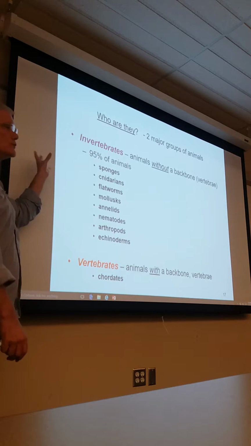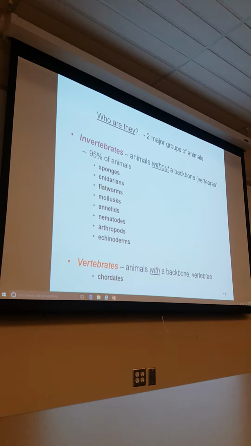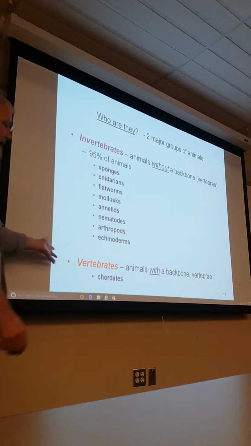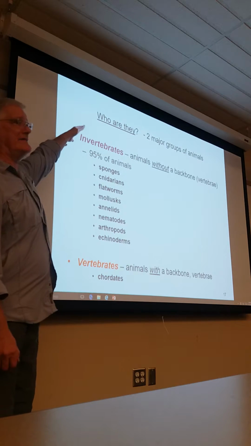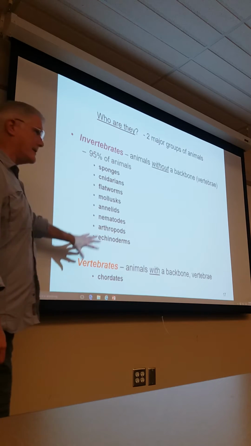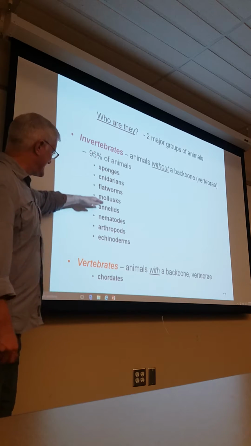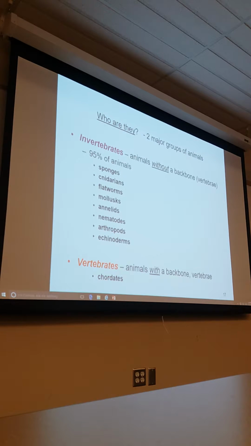That's all you really need to do right now on this one slide. Two major groups of animals, invertebrates and vertebrates. What makes you a vertebrate is that you have a backbone. What makes you an invertebrate is you don't have a backbone. How many of the animals are? 95 compared to 5%. Do not memorize this just yet. You'll do that as the next couple of lectures go through, so that you're going to need to know for sure for this upcoming exam.